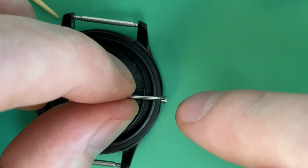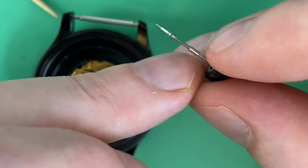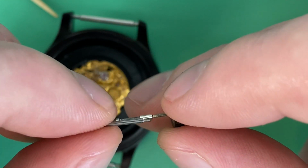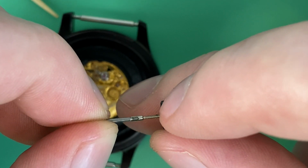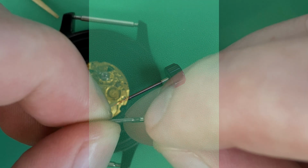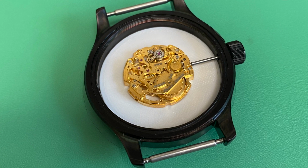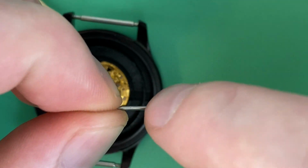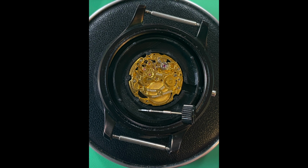I only need to extend this a couple of millimeters. Notice on the extender, the first couple millimeters are this tube, basically the female end that's threaded on the inside so you can attach the stem to it. Well, if I put an extender on this, so imagine me putting the extender on, so screwing that in, there's where it is. To get this to be the right length for this case, I would have had to trim almost down into the tube of the extender, which would leave no threads for the crown. So I couldn't use the stem that came with the movement because what I needed was a fully threaded stem so I could trim this down further so that when I put the extender on, I had room for threads